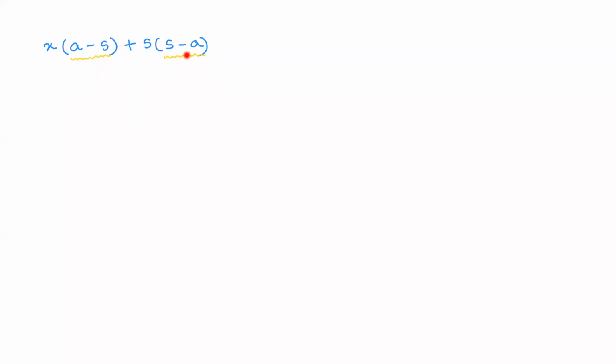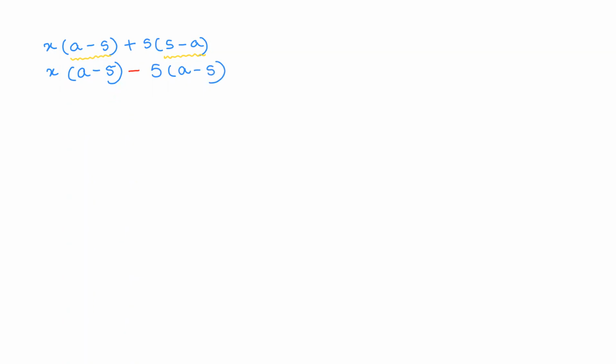I'll tell you how. See, in the first term, nothing changes. Everything remains the same, that is x times (a minus 5). Now here, this plus turns into minus. So when you change the connecting sign, you can now swap the terms inside the bracket. 5 minus a can very well be written as a minus 5. So keep a note of it.